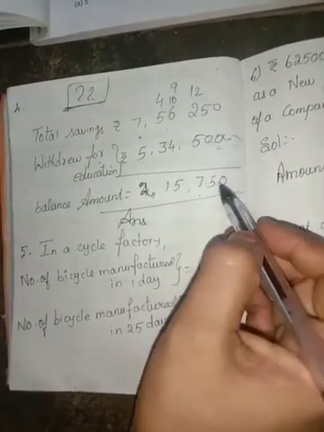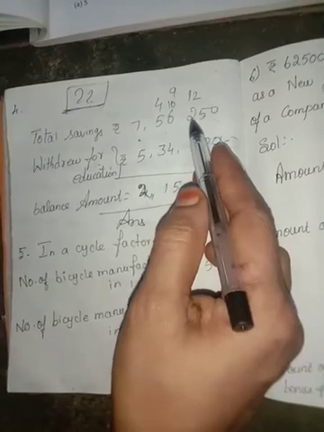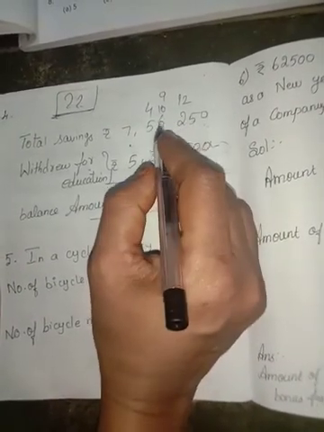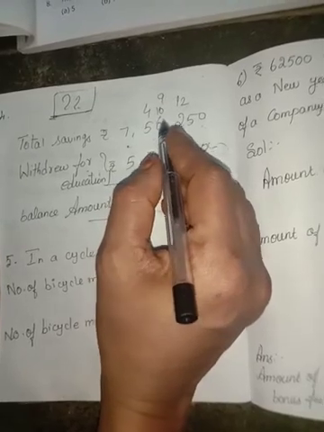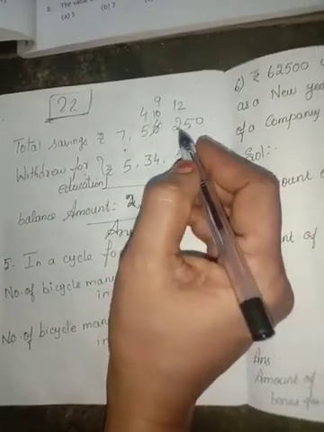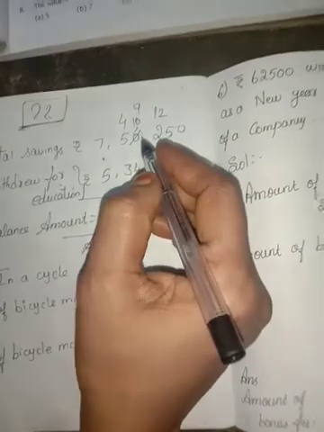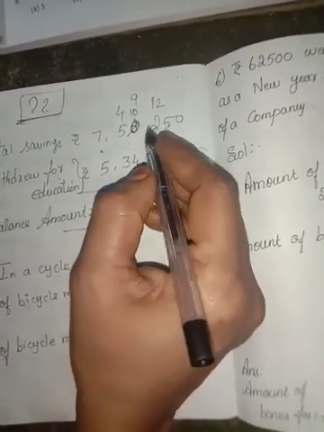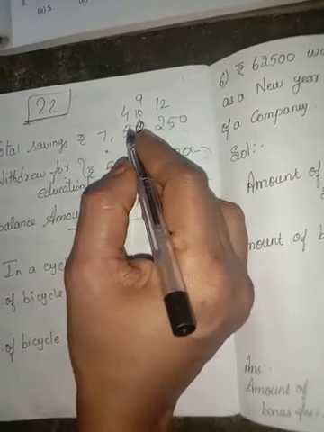0 from 5 we get 5. 5 from 2 it is not subtracted, so we must borrow from the nearby number. So 6... 0. 0 cannot be given, so we must ask 5.